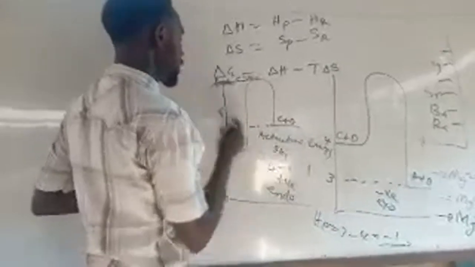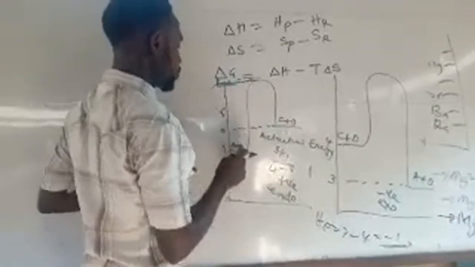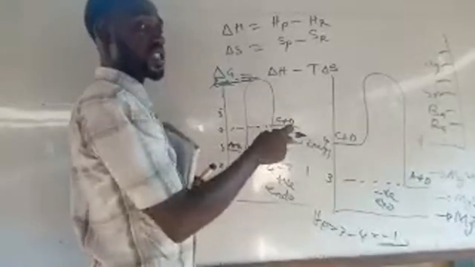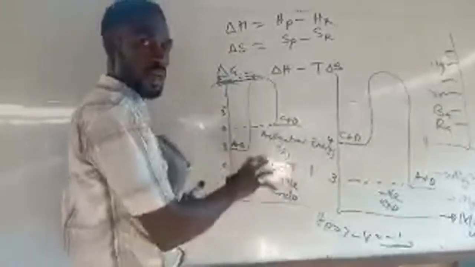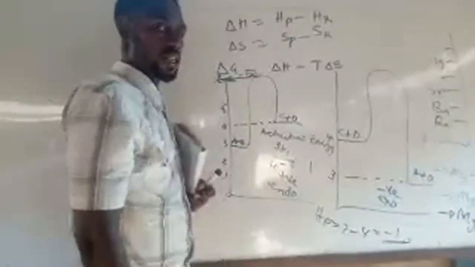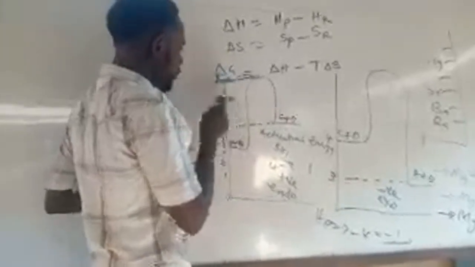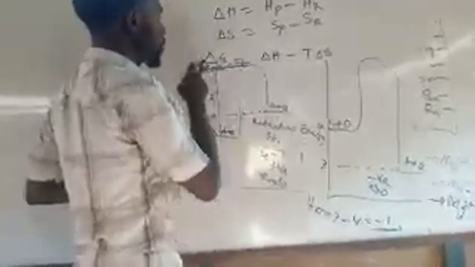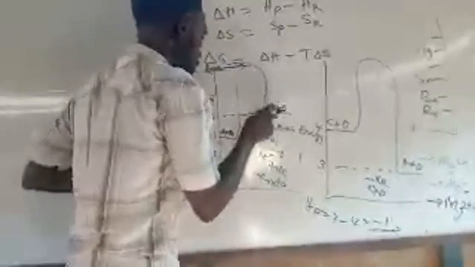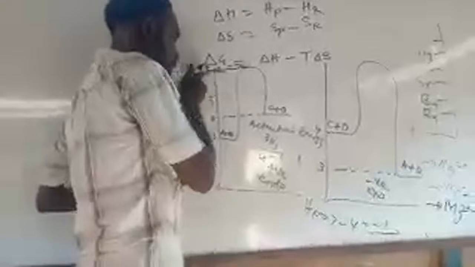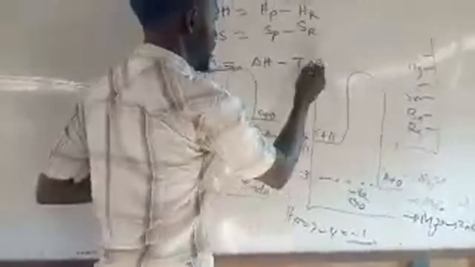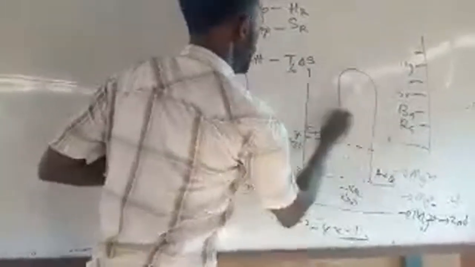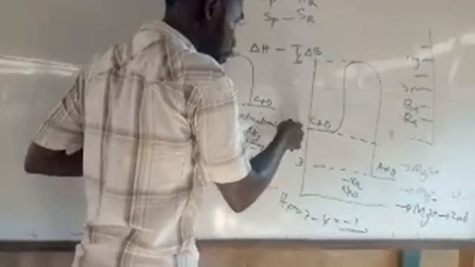So if this is in kilojoules, it means for A plus B to be converted to C plus D, you must supply at least 3 kilojoules of energy to the system before it becomes converted. So don't make the mistake of saying 6 minus 4. It is not the difference between the activation complex and the product. Rather, it's the difference between the energy of the activation complex and the energy of the reactant. So in this situation, let's assume here remains 6. So the activation energy here is what? 6 minus 4, which will give you 2.